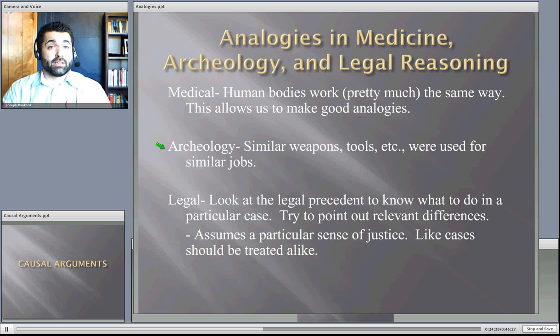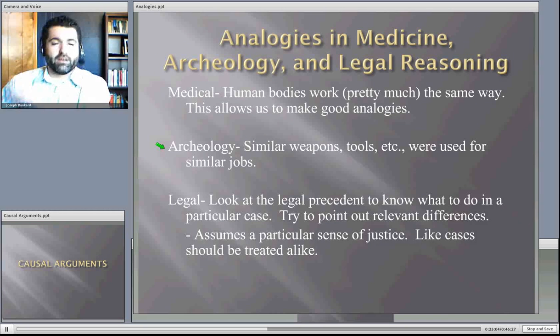If there's enough similarities, then you can go and say, well, look, in this other case, this is how the judge ruled, this is how the jury ruled, and so my case is sufficiently similar that you should rule the same way. And you use legal precedent as an analogy. Of course, if you're legal counsel opposing that, your job is to point out the relevant dissimilarities. Well, yes, Your Honor, certainly there are some similarities between the two cases, but this dissimilarity means you should rule differently. And so you have this argument by analogy there.